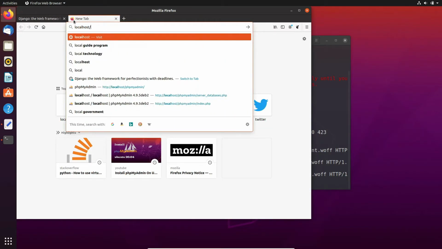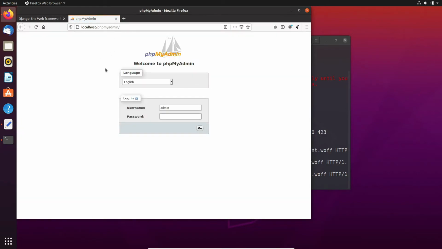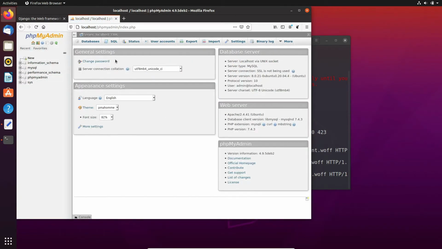So localhost/phpMyAdmin. I have already configured it, and if you go inside this, you need to have access for all the databases. So watch that tutorial before configuring the MySQL database in Django. I have given the link in the description for installing phpMyAdmin.